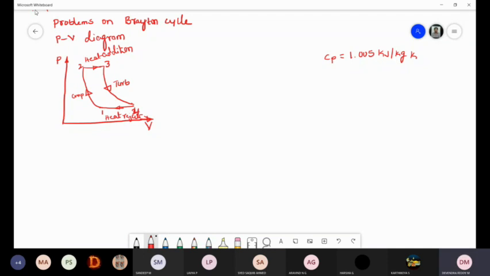And I'll draw one dotted line now. What is the meaning of this one? It is a constant pressure line, 2 to 3 and 1 to 4. So P1 is equal to P4 and P2 is equal to P3. Understand? And given data,